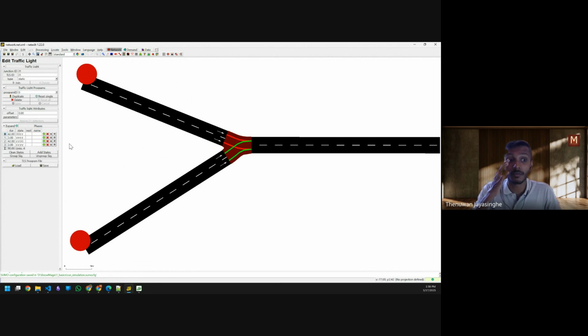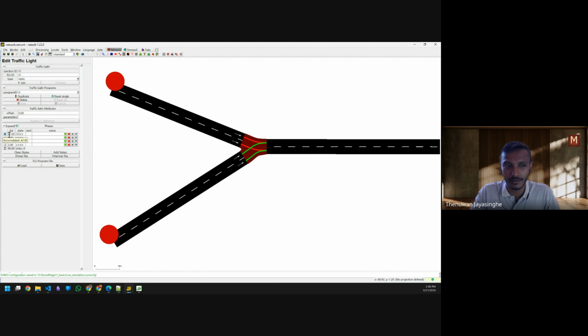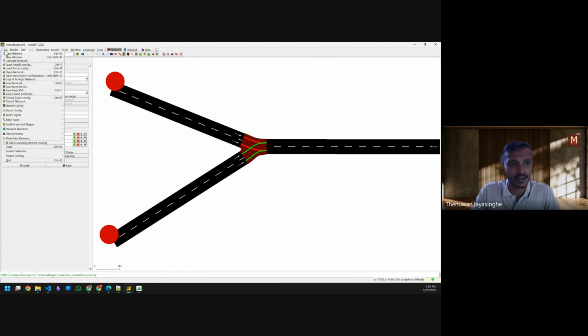And then it automatically finds the allocated timing accordingly, right? So this could be based on a standard calculation, but this is a good place to start. So you can either save it like this and straight away use it, but what I would rather do is go to the traffic lights. So I'll extract the traffic signal timing separately, so that if needed, I can manipulate it. So traffic lights, and then I can save the TLS program as